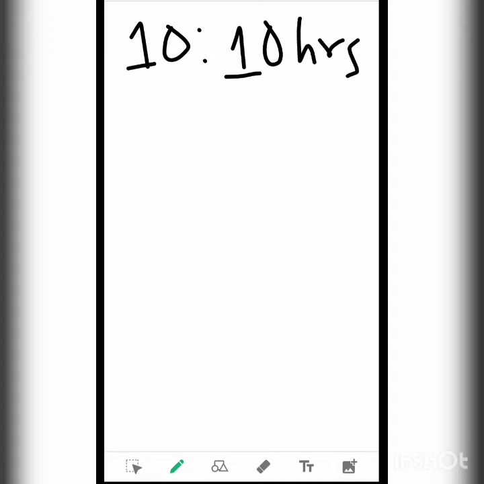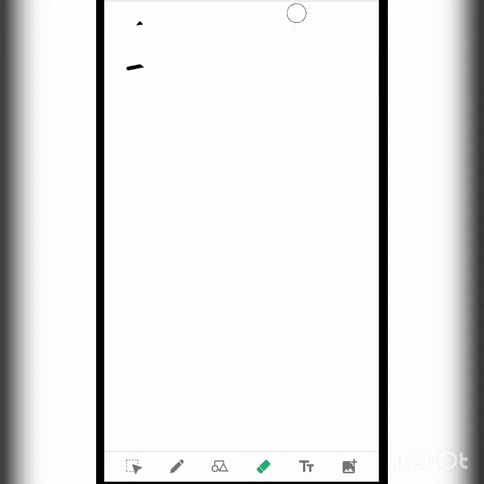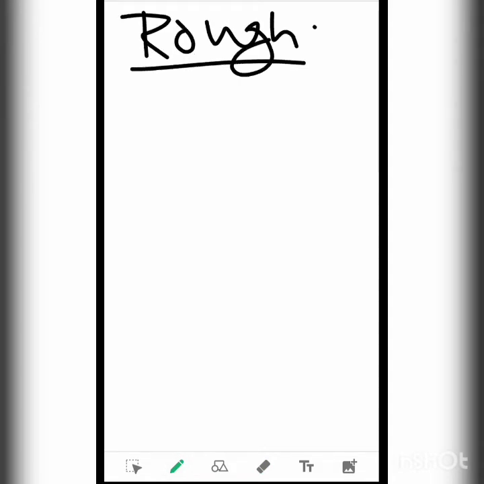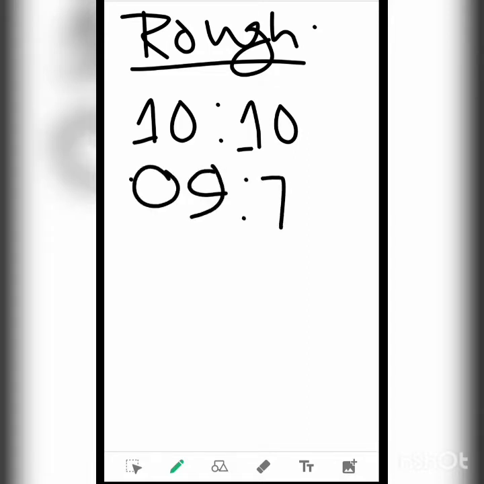Now here 10 hours. Now this 10 hours you can write as, for your simplicity, this thing should be done in rough. Let me mention that this calculation is to be done in the rough only, and in the fair part we will keep it as it is. See here the 10. Now this 10 you can make as 970, but only in the rough, so that your calculation becomes easier.